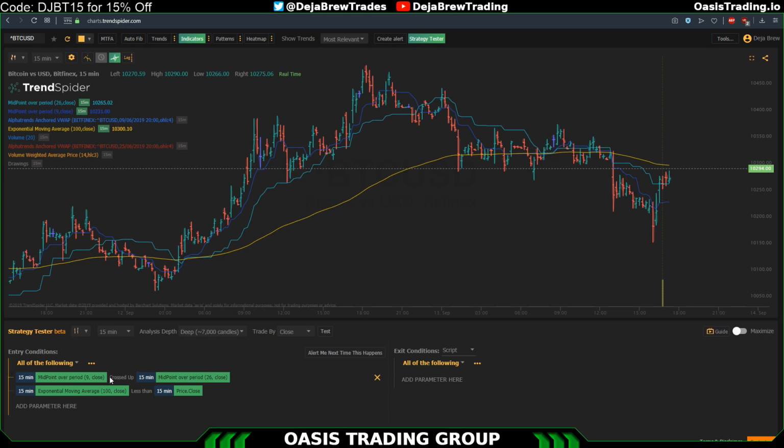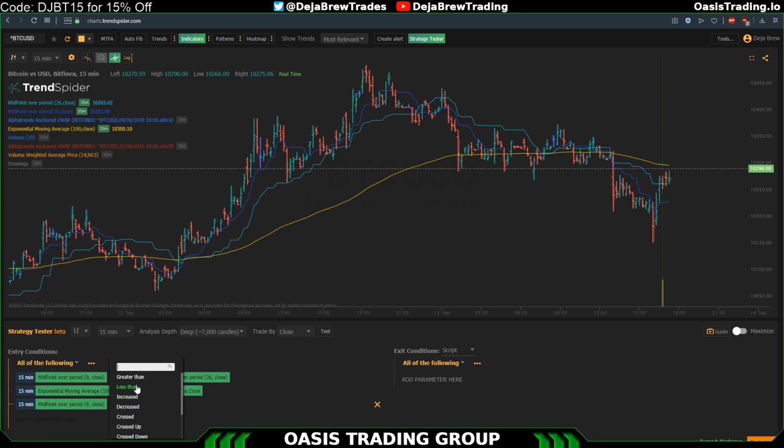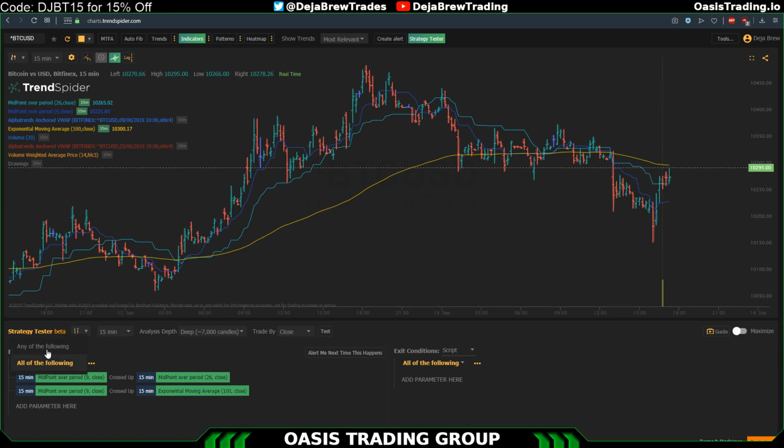So for example, if I wanted to do, let's say, condition, indicator, 9, crossing up, indicator, and then the EMA 100, what I could do is, let's get rid of this one for now, and I could do any of the following. So it's going to enter, these are my entry conditions, it's going to enter when either this happens or